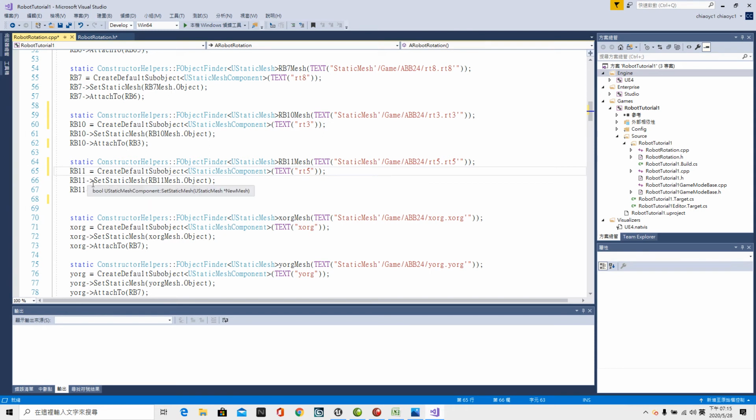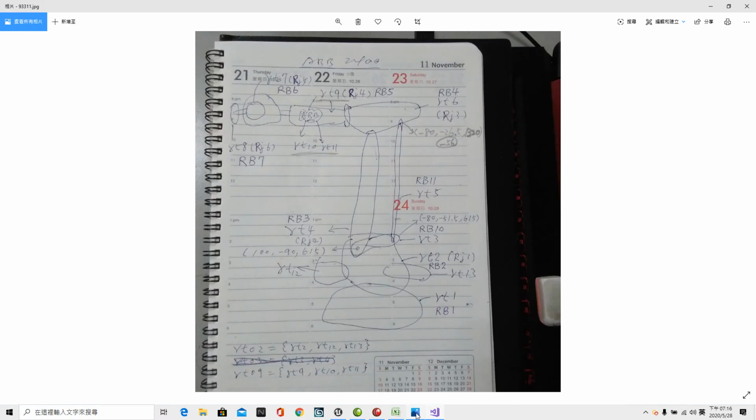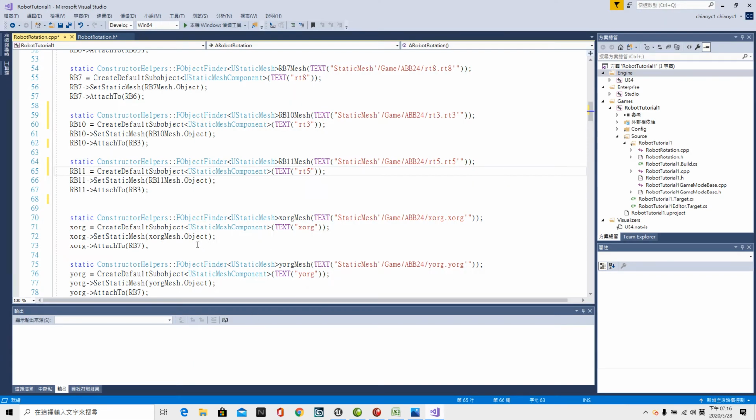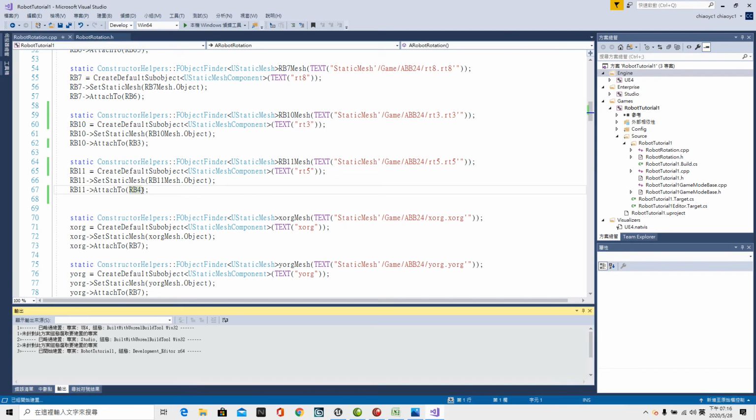RB11->SetStaticMesh(RB11Mesh.Object); RB11->AttachTo. Let's check the sketch. RB11 attaches to this one. This one is RB4. So we change RB3 to RB4. Ctrl-Shift-B to compile first